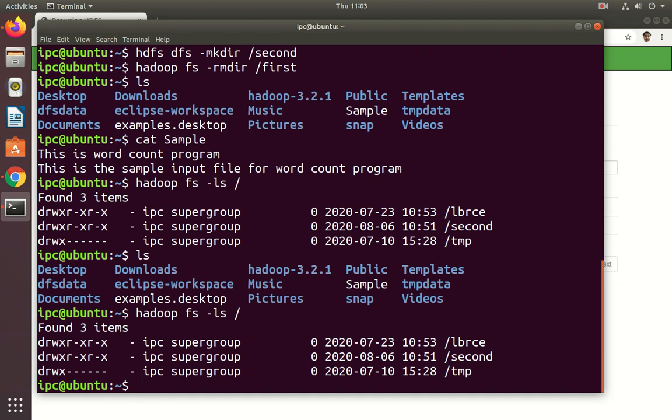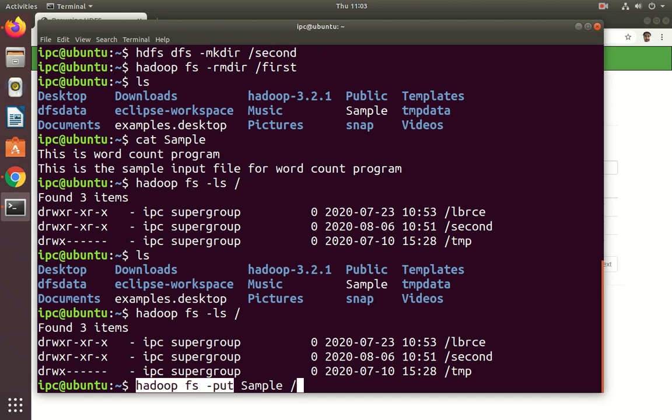Now I want to put this sample from the local file system to the Hadoop file system, into any one of the directories, or directly you can paste here, by using the command put. Hadoop fs -put sample file /. Hadoop fs is common for every Hadoop command.